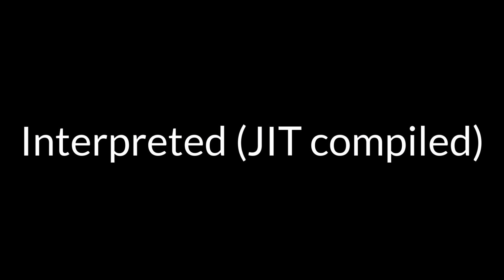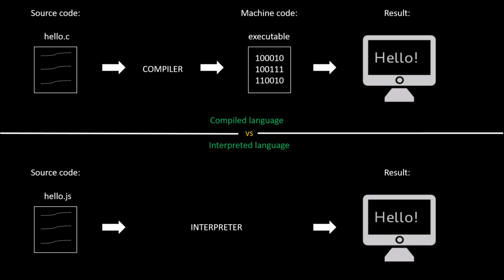And JavaScript isn't a compiled language, it is an interpreted language. Firstly, I want to explain the difference between compiled and interpreted languages. In interpreted languages, source code is executed line by line by an interpreter at runtime. On the other hand, in compiled languages, source code is translated into machine code or an intermediate language by a compiler before the program is executed. While JavaScript is traditionally considered an interpreted language, modern JavaScript engines used in web browsers employ just-in-time compilation technique to